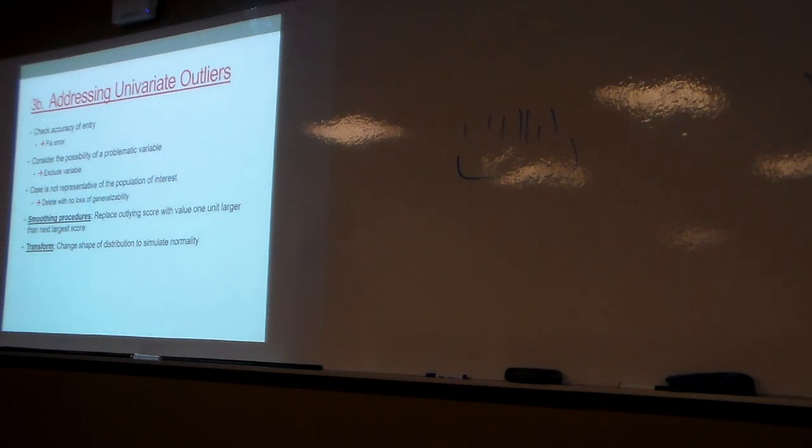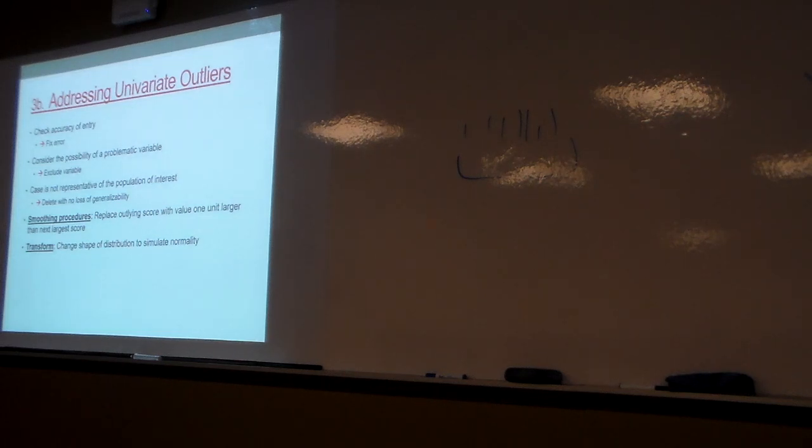This feels a little weird because it feels like I'm making up data and I'm sort of changing things. But again, if I've got a distribution that otherwise looks acceptable and I've just got a couple people who are pretty intense and they're going to cause a problem in terms of my estimation, smoothing is a reasonable procedure to just kind of bring those in, still maintaining the rank order. When we bring those in, that's going to reduce the overall impact on my estimates. Okay, does this make some sense?